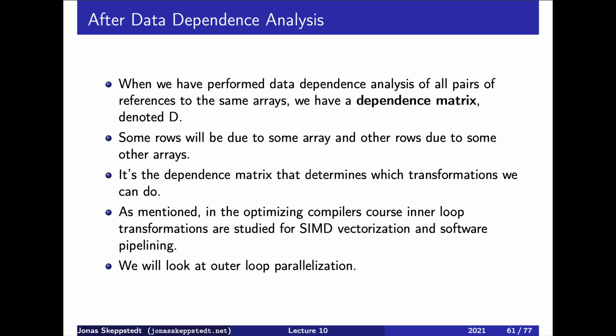What we have seen so far is used both for inner and outer loop parallelization, namely to compute something called a dependence matrix. We have seen how to compute it for one dependence vector, with a distance between two iterations that have a dependence. And all these dependencies are really a set of dependencies,